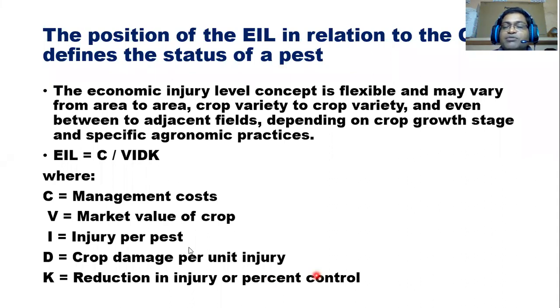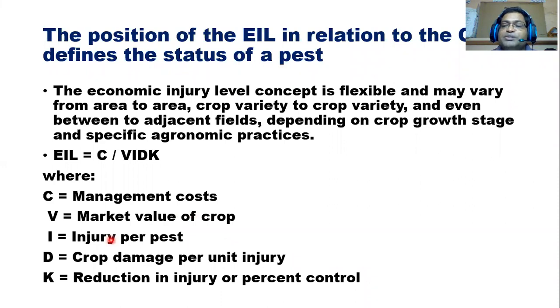Right? So market value of the crop means, for example, some crops have higher market value. For example, some medicinal plants, right? In 1 kilogram, maybe 20,000, 30,000. In some vegetable crops, if you are considering some imports, if you are not cultivating in Sri Lanka, then it is for export purposes. If you can use it, then it's a high cost. For example, tea plantation, the export crops. It's the market value of the crop.